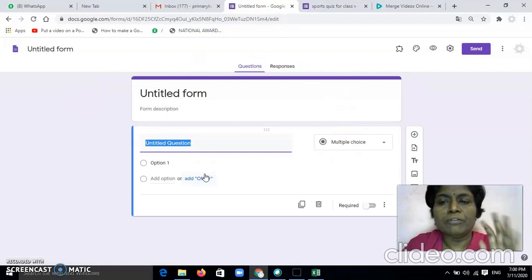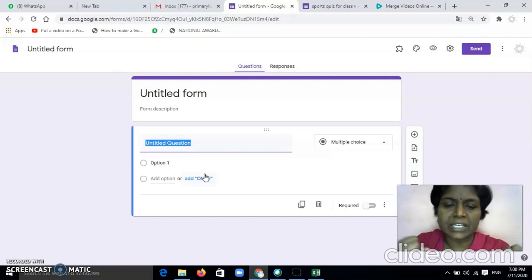Now Google form as such is used for two purposes. The first purpose is just collecting information from some n number of people, right? And the second purpose is for conducting the quiz. In the first purpose, you just enter the details, ask the questions, give the type of answers, submit it and send it to the different people.